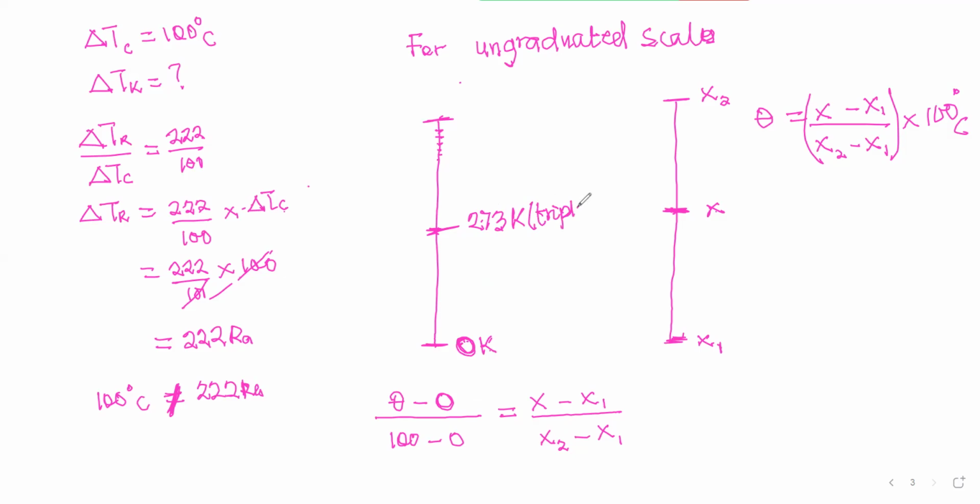The triple point is the temperature where ice, water, and vapor exist in equilibrium. Okay, ice, water, and vapor exist in equilibrium. So in most cases, if it has to do with the Kelvin scale, this is what you find. The comparison is rather,